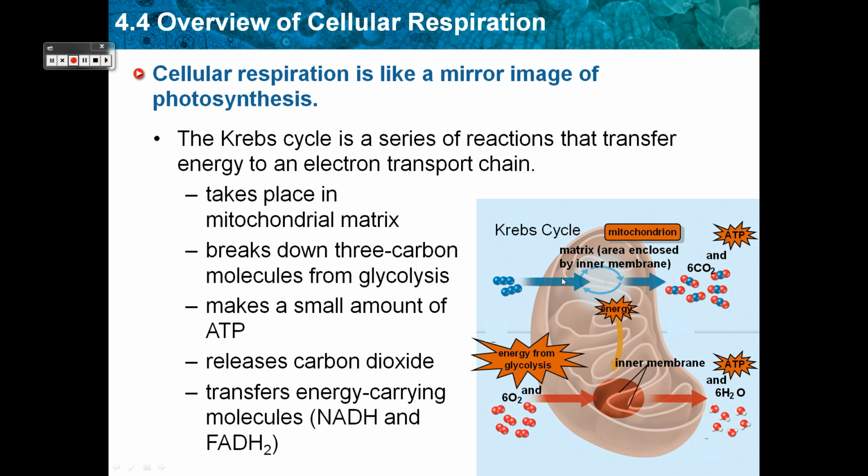They come into the Krebs cycle. They go through this series of reactions that happen in the Krebs cycle, and the product is carbon dioxide. It also makes a little bit of ATP. All right. And it makes some energy-carrying molecules similar to the ones we had in photosynthesis. And for those of you who like advanced information, these energy-carrying molecules are NADH and FADH2, very close to some of the ones that we used over in